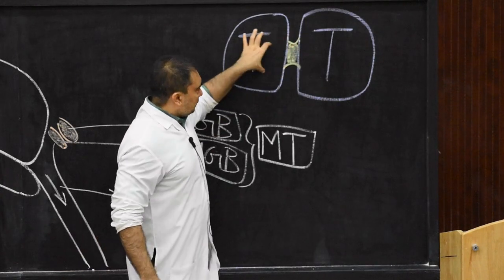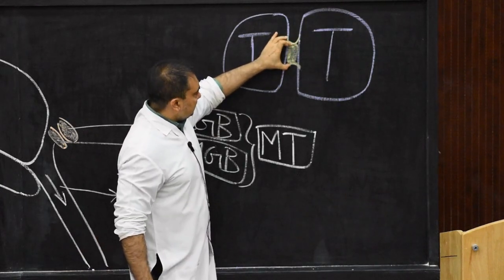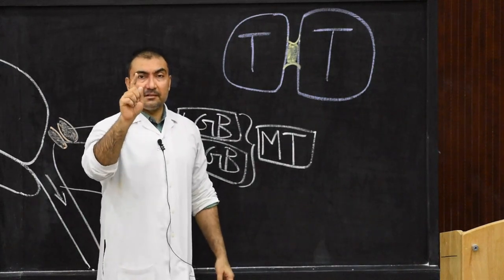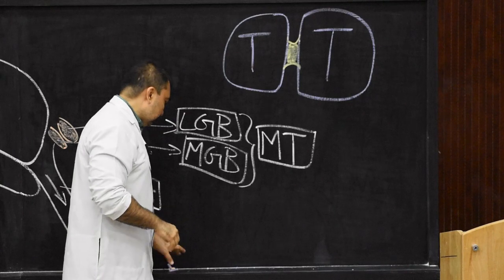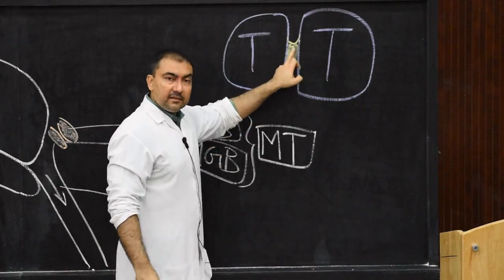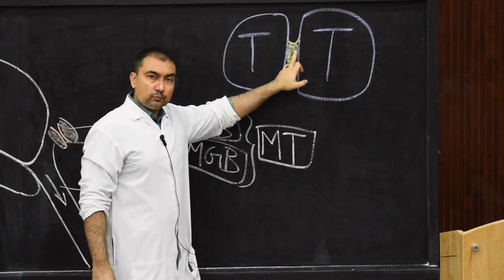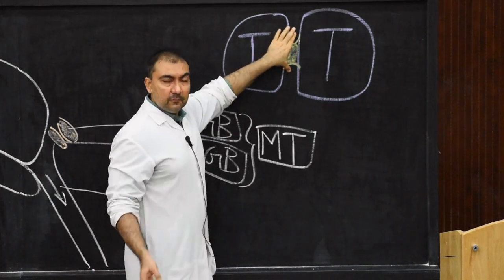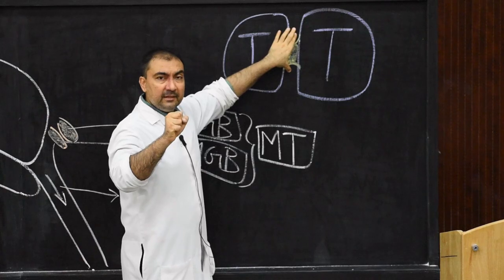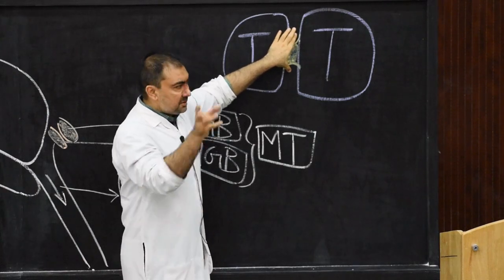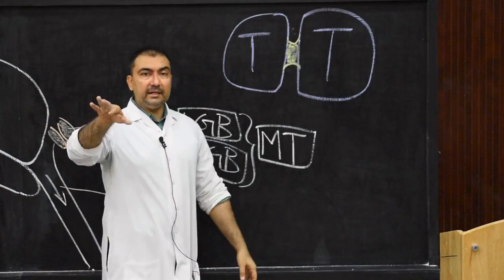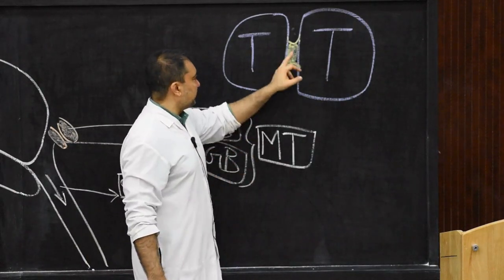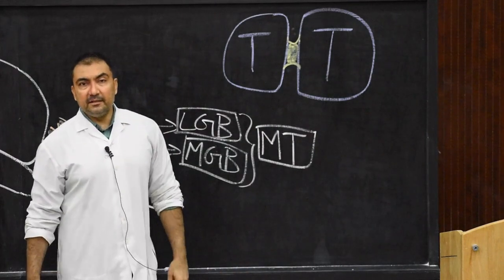As they grow, their medial surfaces partially will join with each other, which is known as connexus interthalamicus. They will be known as connexus interthalamicus. Please note down and mark down. And therefore, they will obliterate partially this cavity. What is this cavity present between the two thalami? Third ventricle. So partial obliteration of third ventricle will take place because of the development of connection between the two medial surfaces of the thalamus, which is called connexus interthalamicus.